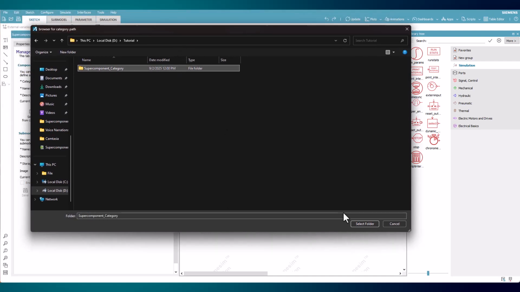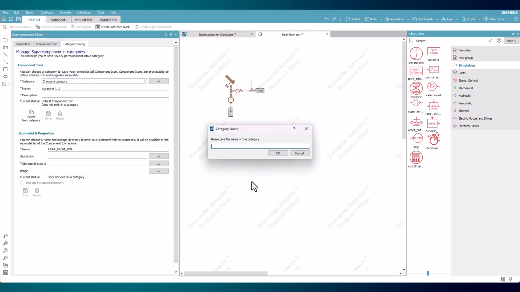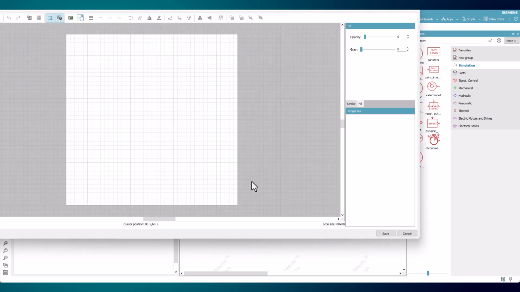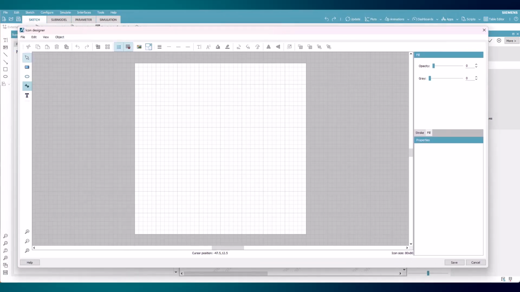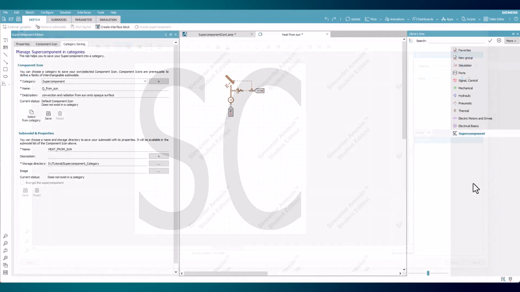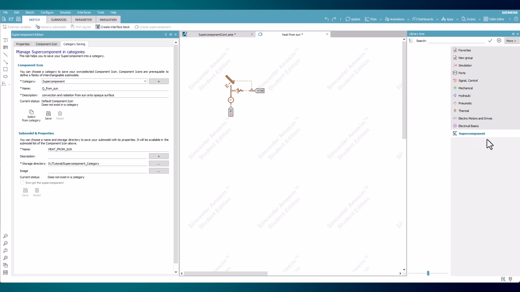Next, windows will appear to enter in a name and title within the library tree for it. Lastly, an icon designer window will appear to create one that will display with the name in the library tree. The new category is now present in the library tree and can be selected from the category dropdown. Next, a name and description for the component are needed, which will appear with the component within the library once completed. With all the needed criteria done, the Save option will become available, and after selecting it, the status will